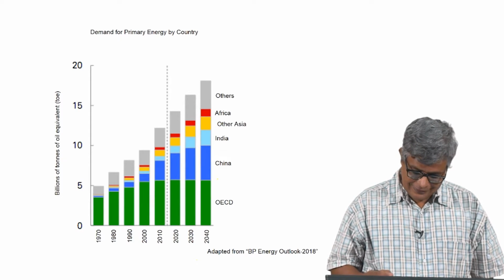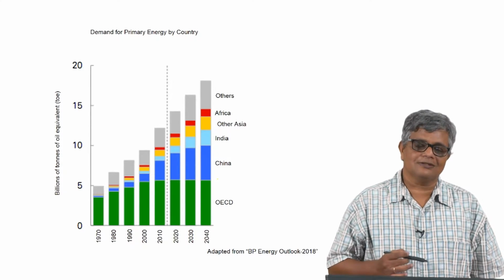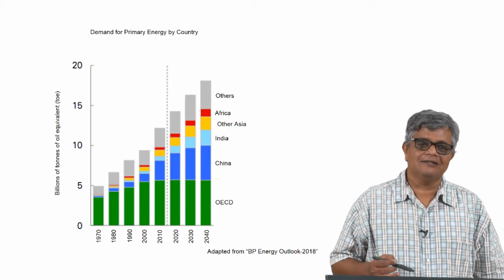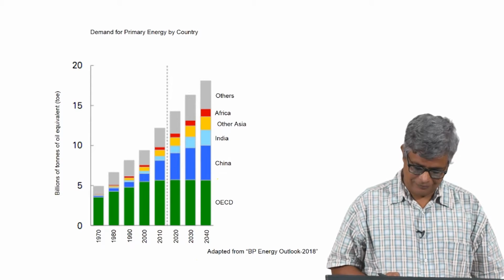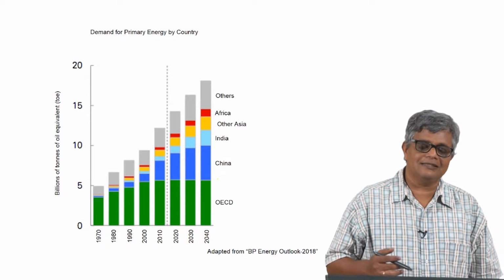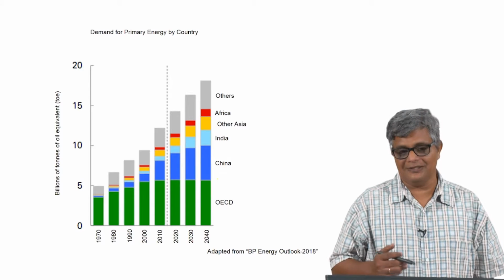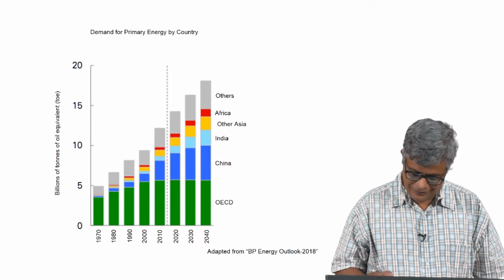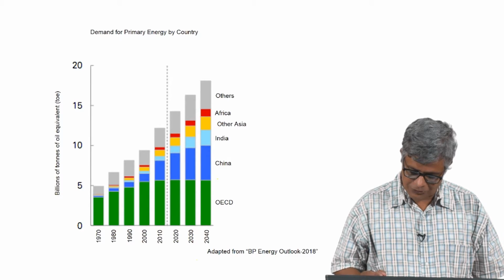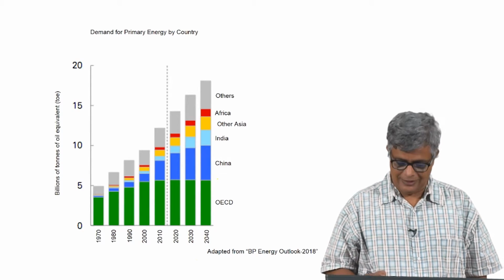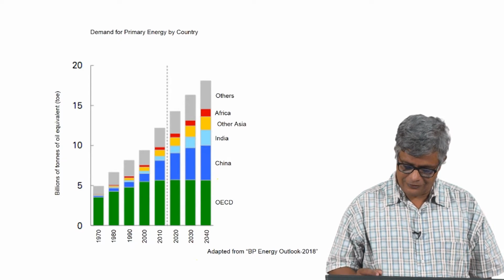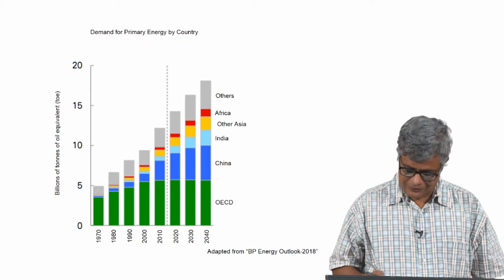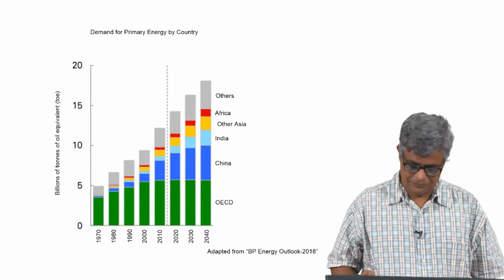So, the rapid industrialization sustained over a period of 2 to 3 decades has actually meant that China needed a lot of energy, and India is in the same phase of development these days, and you can see that India's energy needs have been increasing, and it is expected to increase much more, and India too is going to take up a large share of the energy here, and this is only over the next 20 years or so.